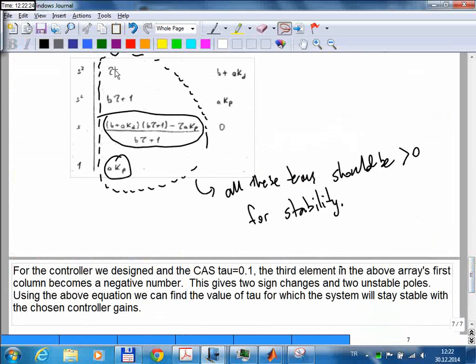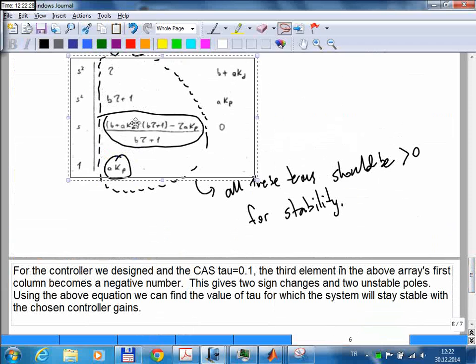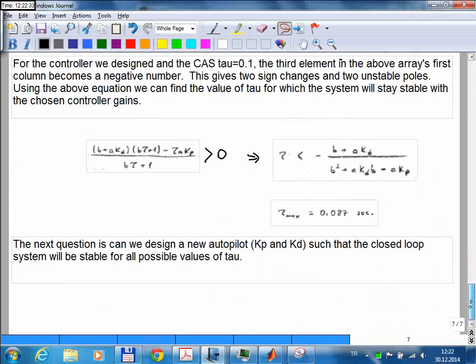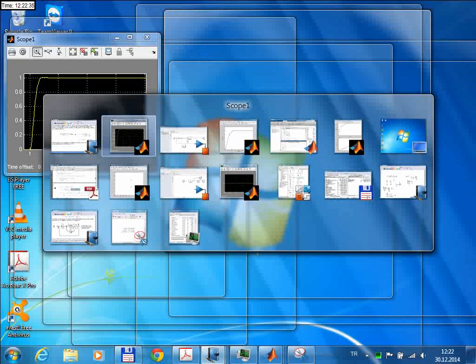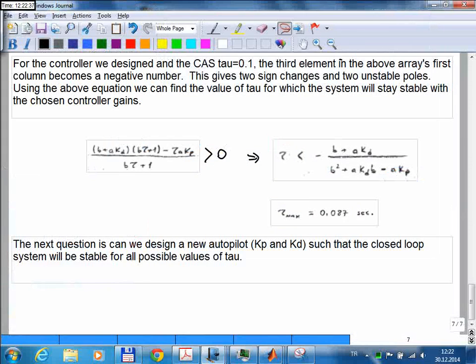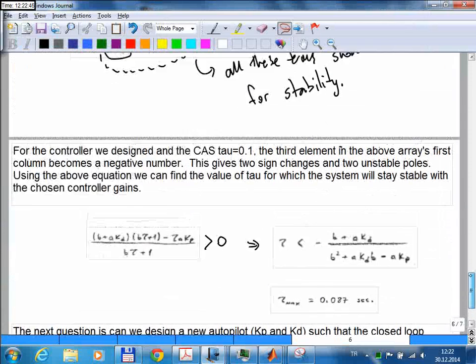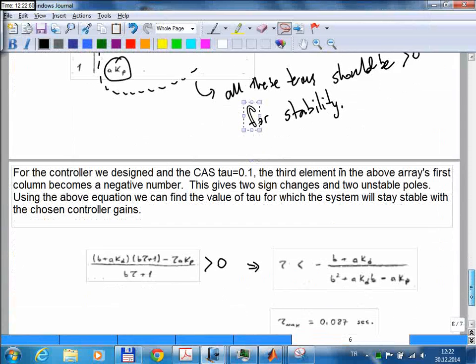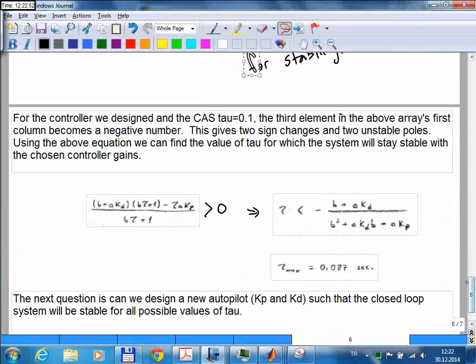That means we know that this will always be positive. We're not worried about that. If we can make this third element positive, then we will achieve our goal. So the denominator is always positive, right? In fact, the denominator is already appearing here. We know it will always be positive as long as tau is positive. So if we can make this part positive,